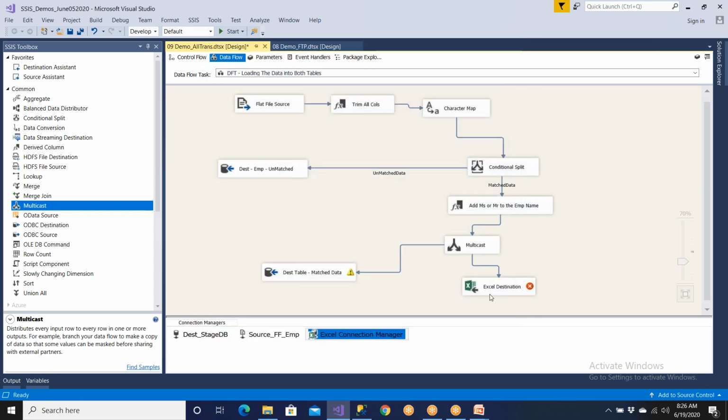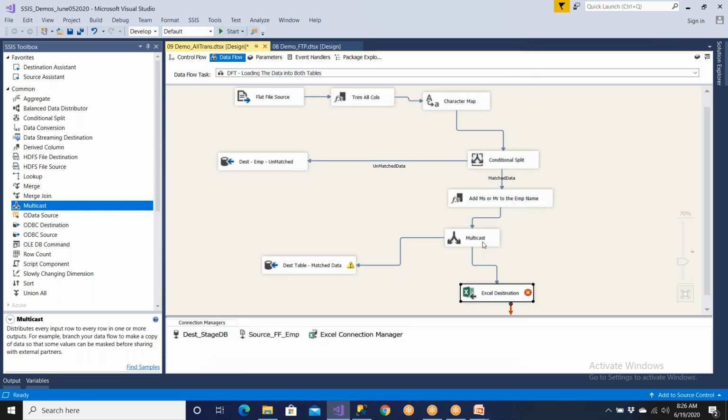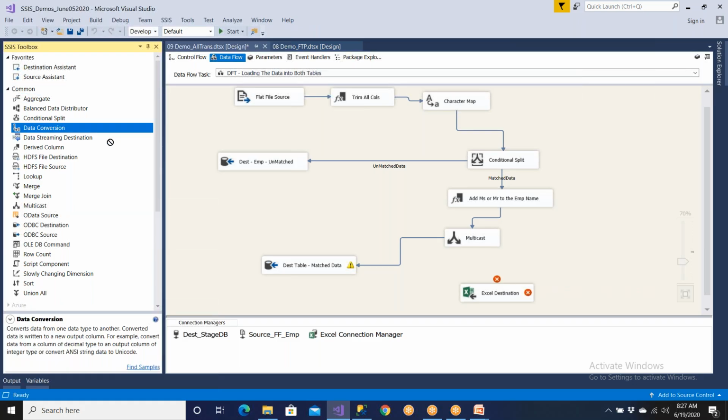Now, perfectly fine. But when I'm trying to get the data, it is not taking. It is telling me column EID cannot convert between unique code to non-unique code. I told you all the flat file data is DT data, but this data is by default DT data. So you have to convert. Okay, so take this line, go to data conversion, because I told you no package will be implemented